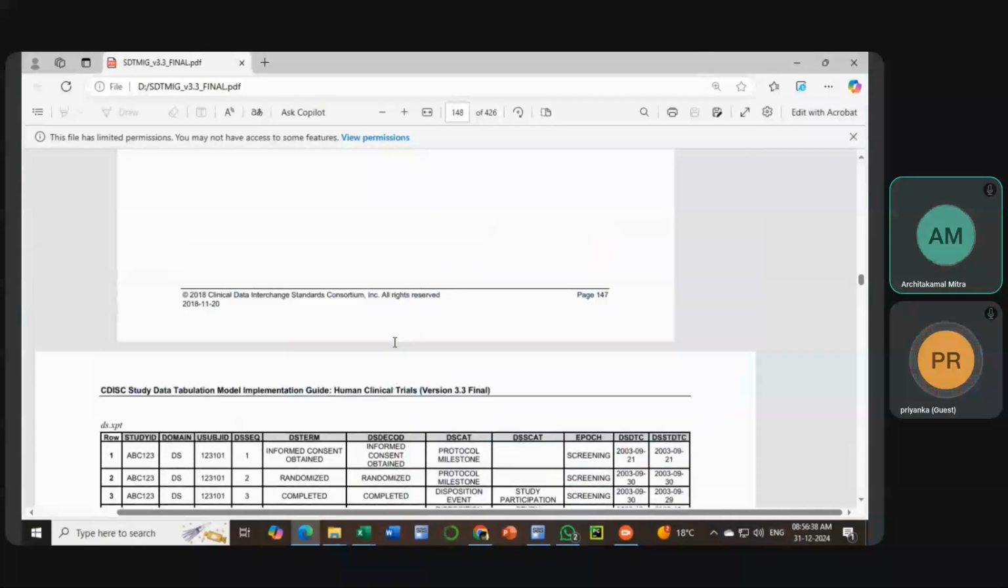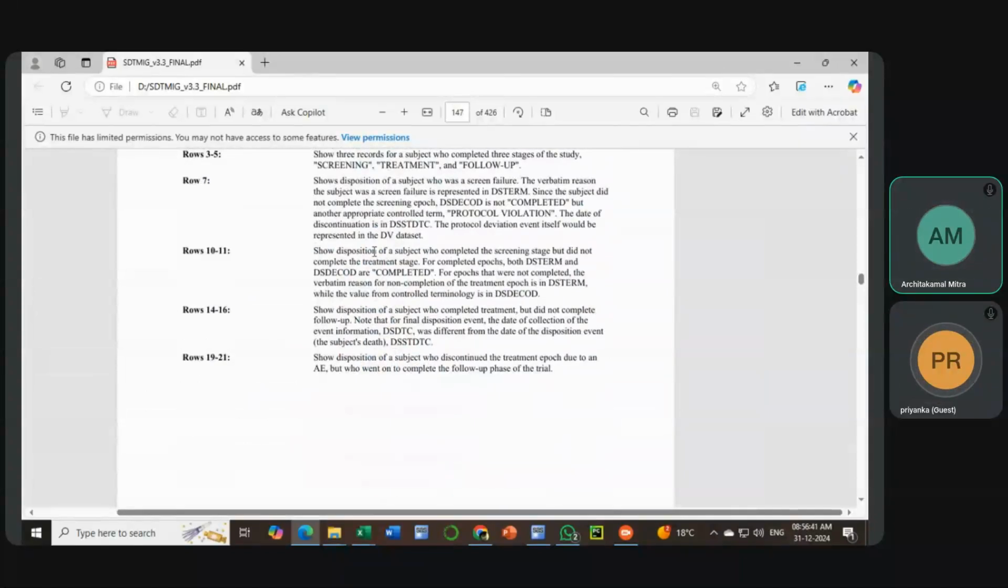8, 9, 10, 11, let's see. 10, 11 shows disposition of a subject who completed the screening stage but did not complete the treatment stage. For completed epochs, both DS term and DS decode are completed. For epochs that were not completed, the verbatim reason for not completion of the treatment epoch is